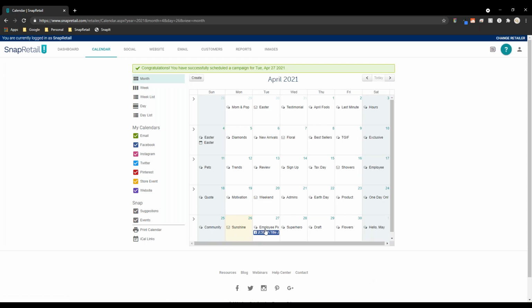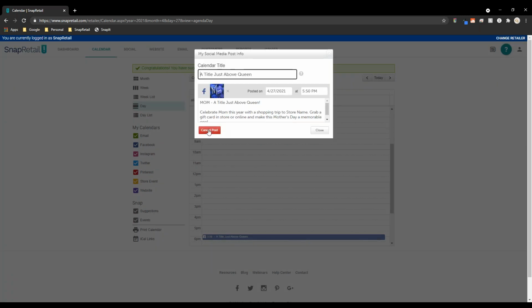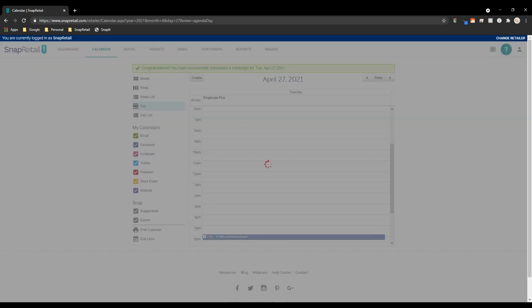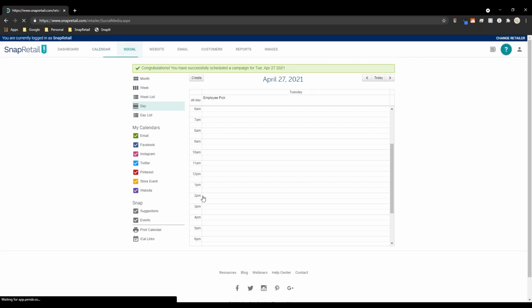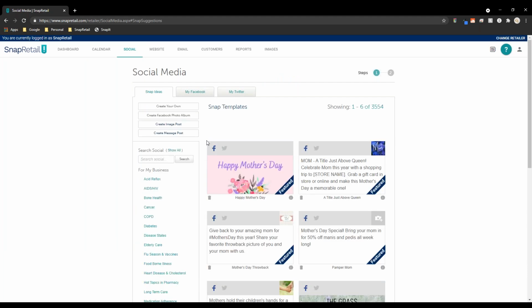And then you're redirected to the calendar, and you see it's right here. And we'll go to the day view for tomorrow. And there's my post. I can move it forward or later in the day. Wherever I need it to be, I can move it around just like any other post in SnapRetail. And I can even cancel it if I choose to. So when you're in the social tab, you can find whatever really you're looking for. And I like to personally use this as my,